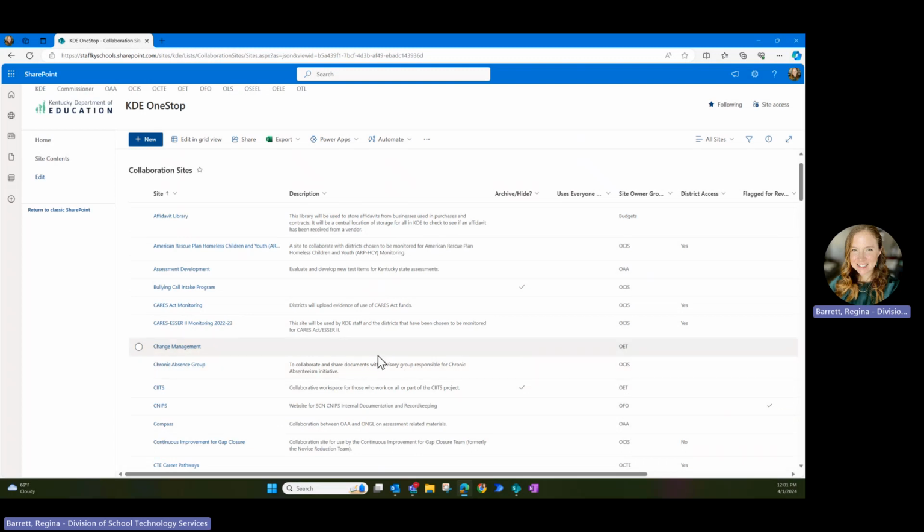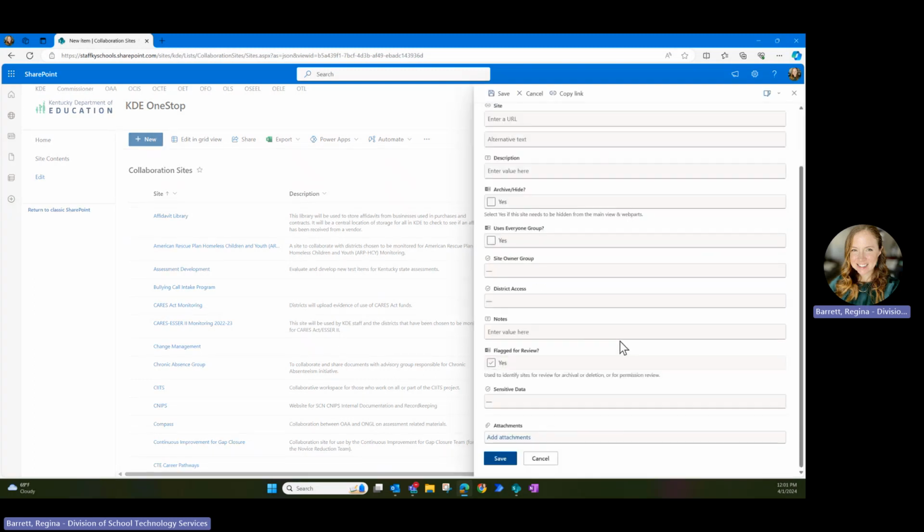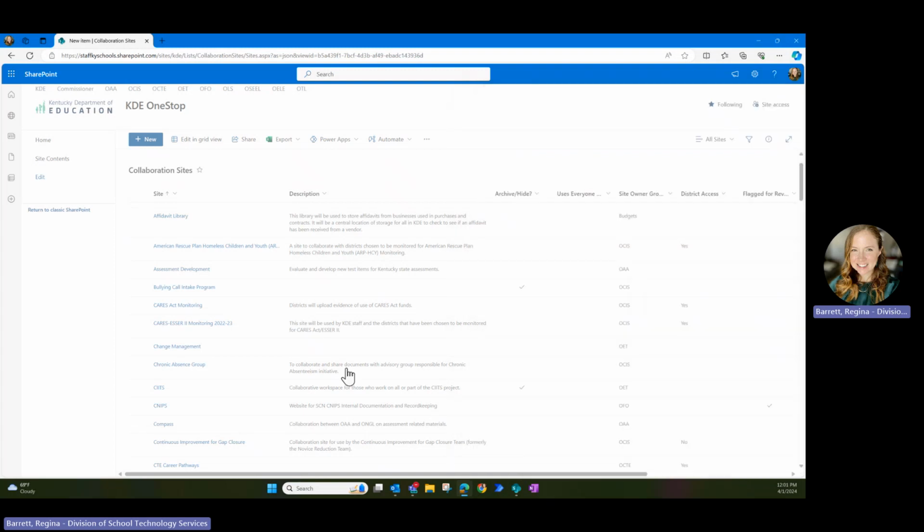It doesn't happen very often, but every once in a while, an old site that hadn't been used in years and staff is refreshed, all of a sudden it'll come back up and they'll want a new site when a site already exists. So sometimes you can reuse. But if it doesn't exist, then you just want to add a new one, and you can either do it now or come back and do it when the site is all done and ready to hand over back to the office. You just want to insert the information in here